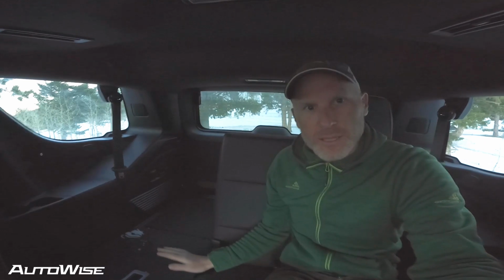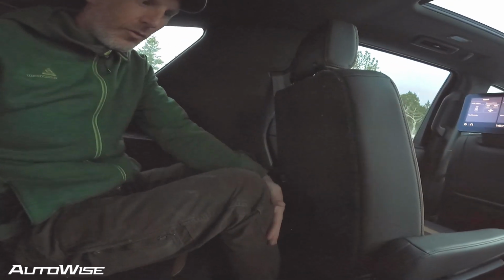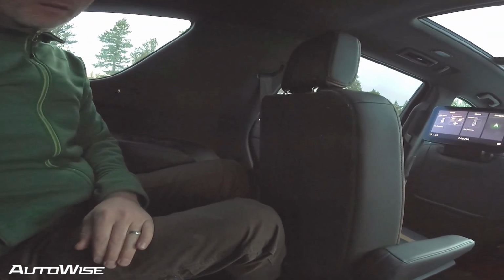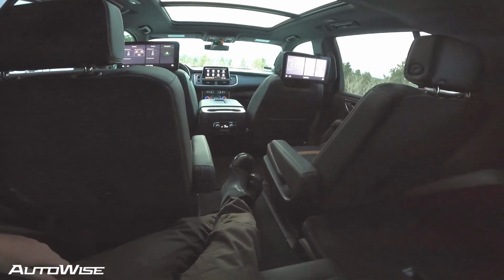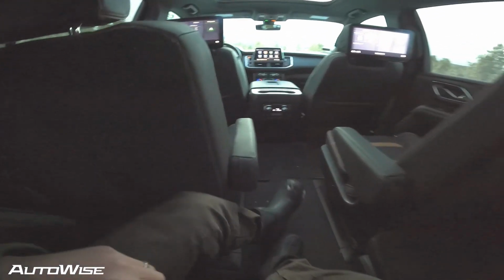Let's go to the very back and flip up those seats and see what it looks like. All right, so now we're in the way back. There's a 60-40 split. I've got the 60 up and the 40 down. And that's not bad for leg space in here. If you had 3 adults side by side and you couldn't use that leg space, that might be a little bit harder to manage. But,